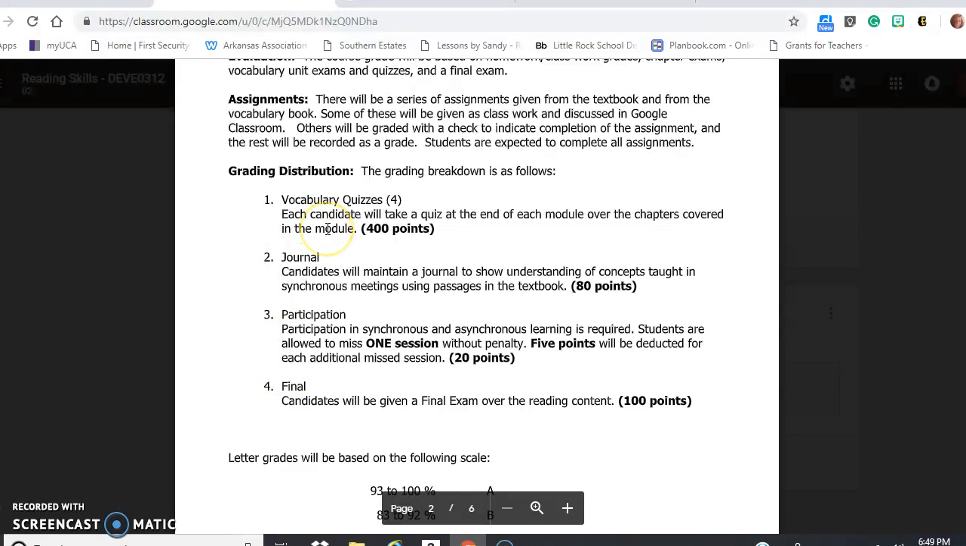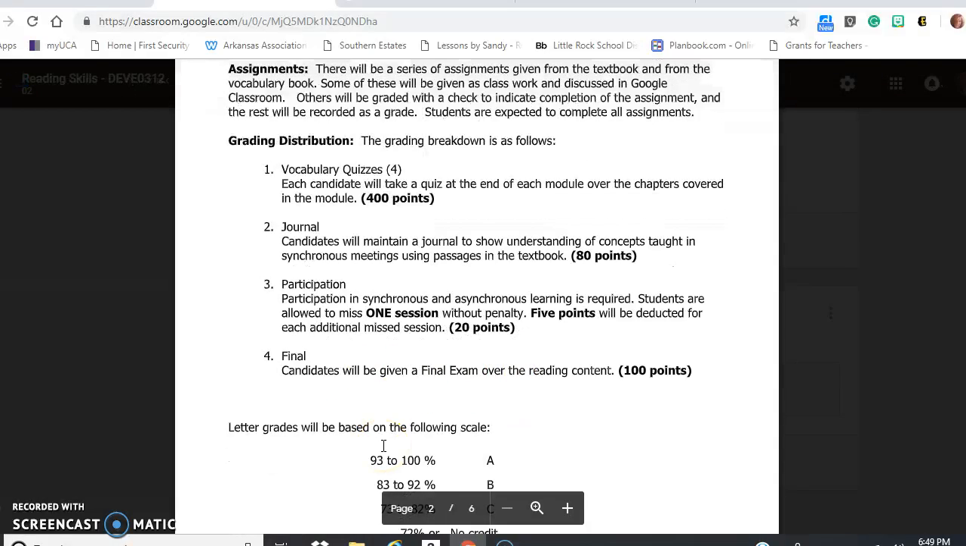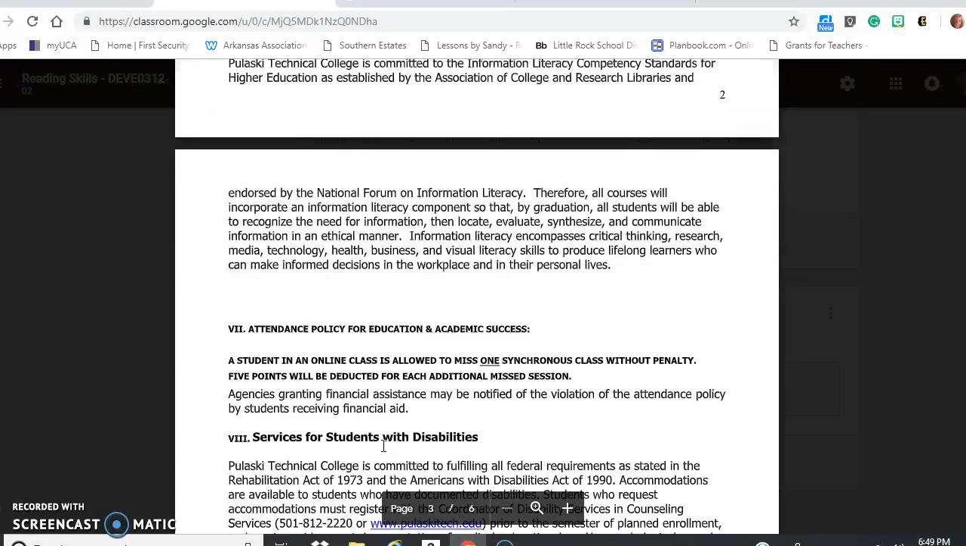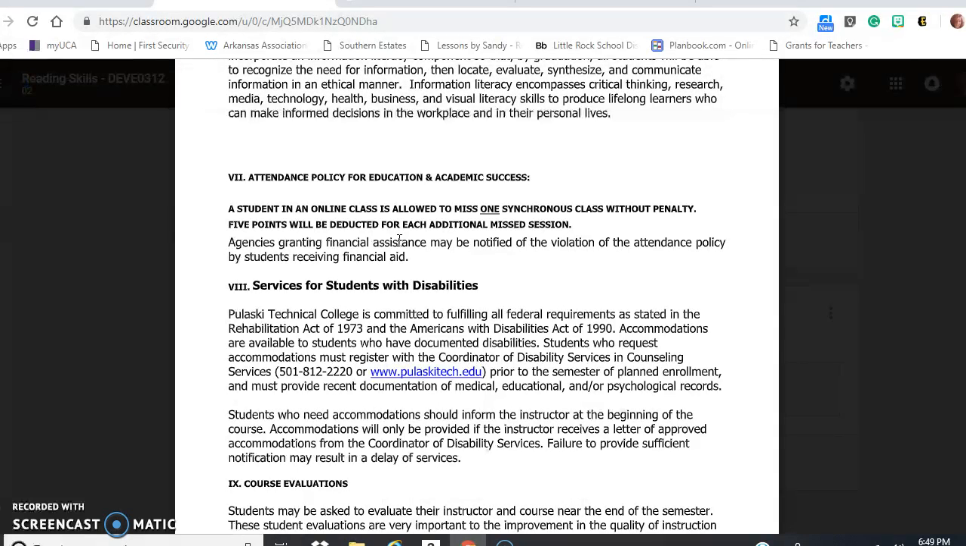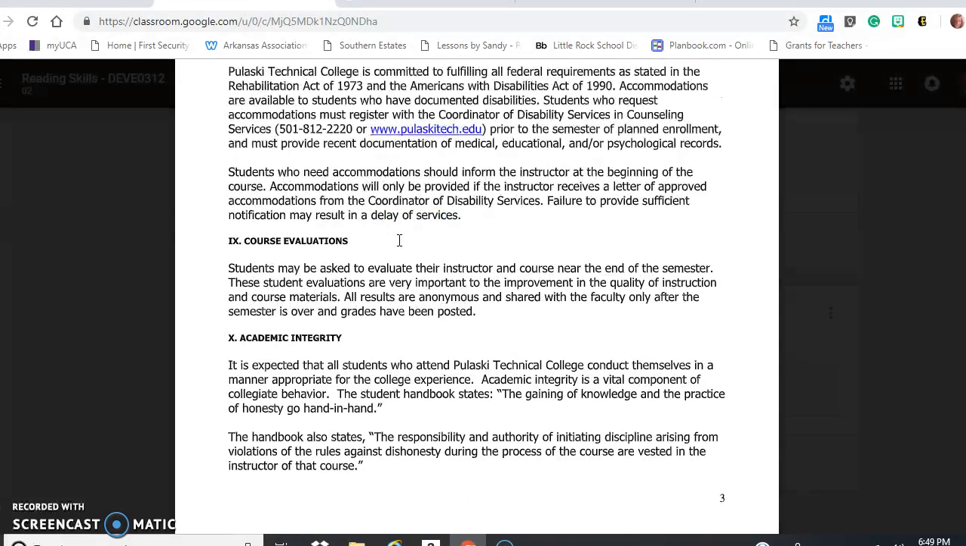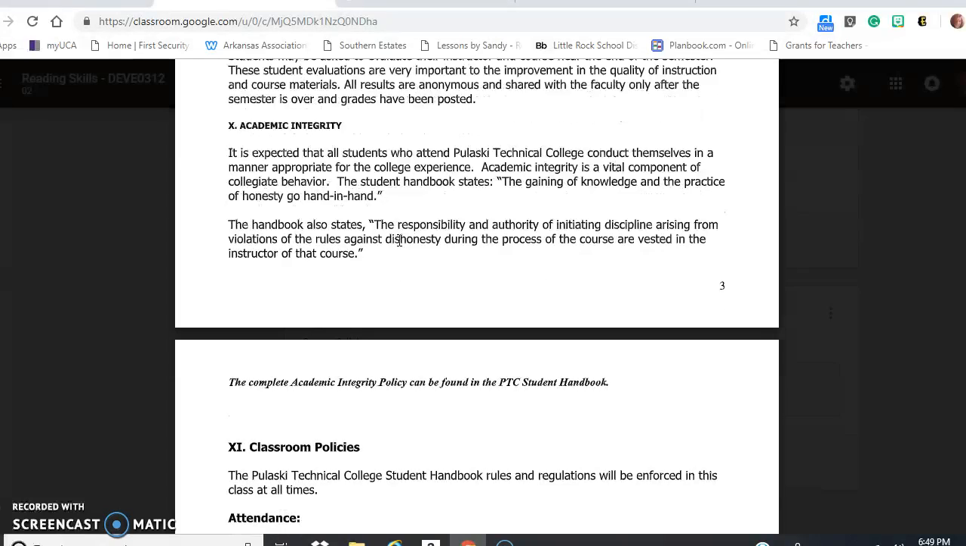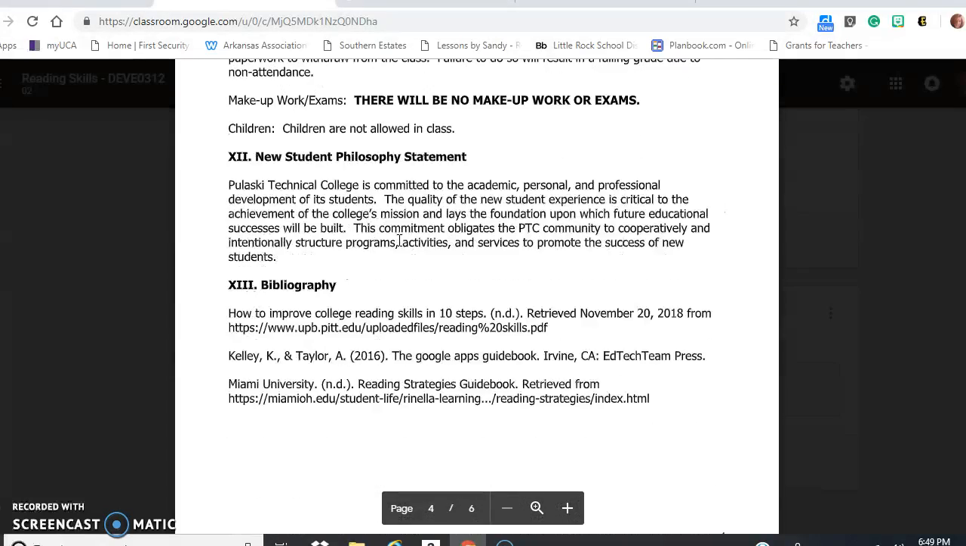There will be 4 vocabulary quizzes in this class. There's going to be 4 journal entries. Participation is points, and the final will be a final exam that's worth 100 points. And I changed my policy to state that in an online class, there's only 1 absence without penalty. And then if you keep going down,